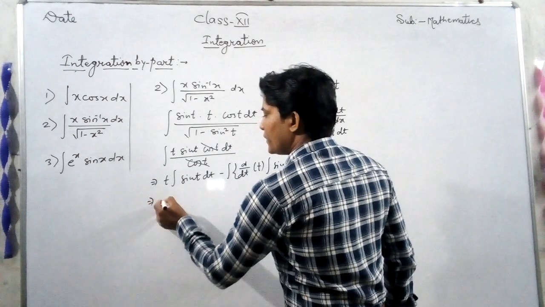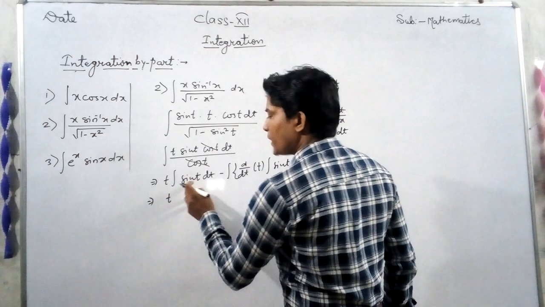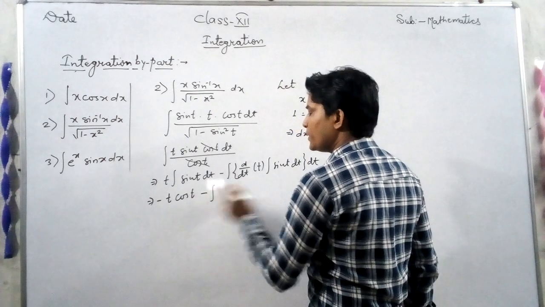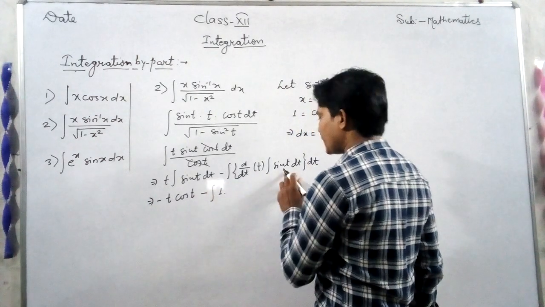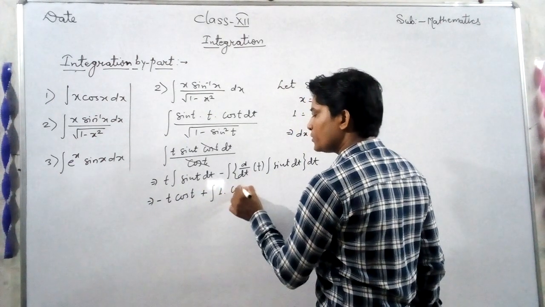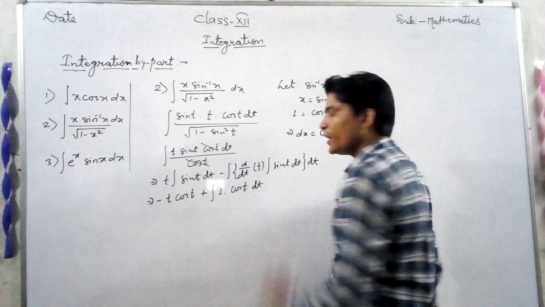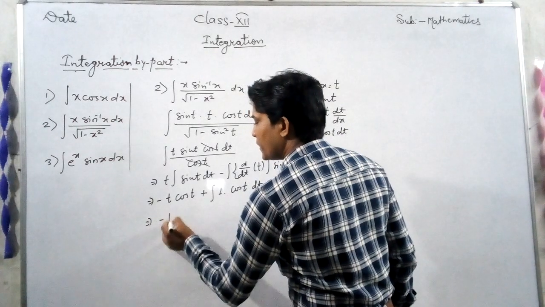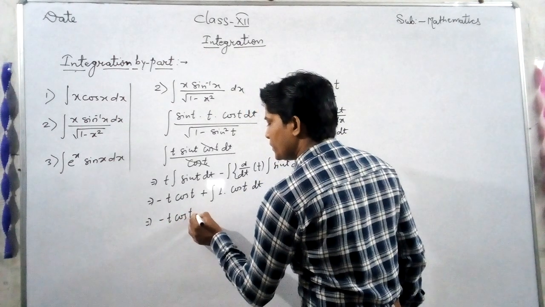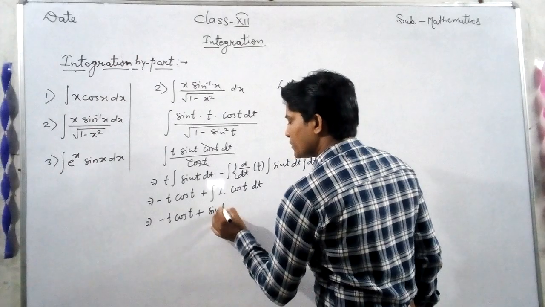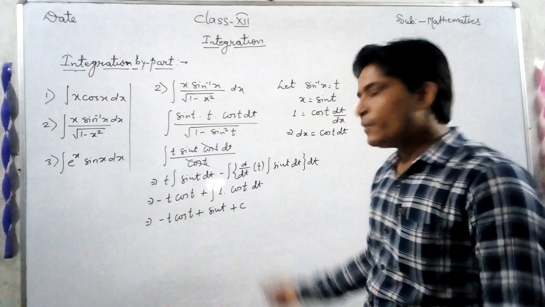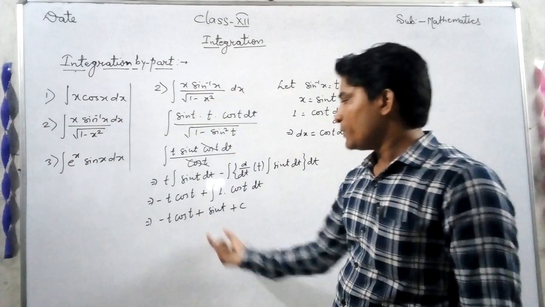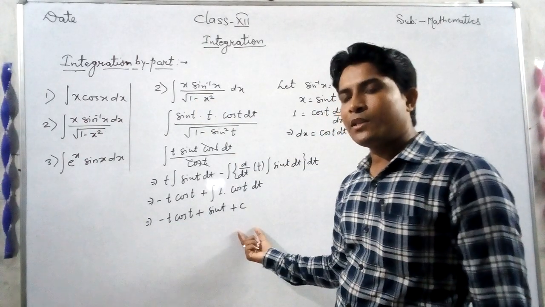After we integrate t sin t, we know it is minus t cos t minus integration of, t differentiates to 1, sin t integrates to minus cos t, so minus minus plus cos t dt. So finally, if we integrate, we get minus t cos t plus sin t plus c. Here we get the final answer, but our question is given in the x term, while the steps are coming in the t term.